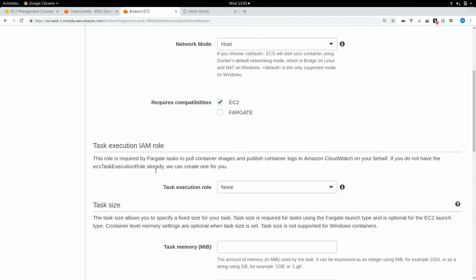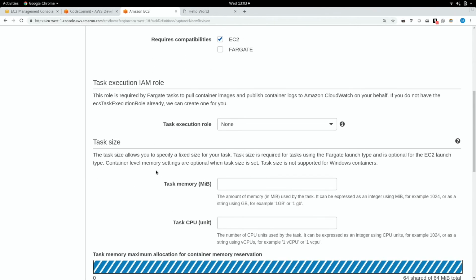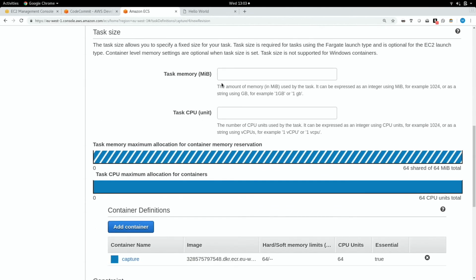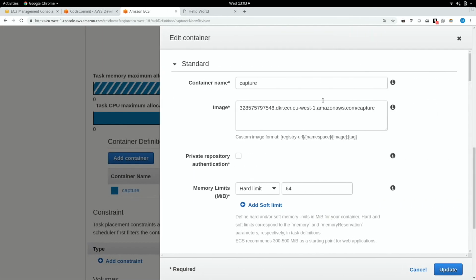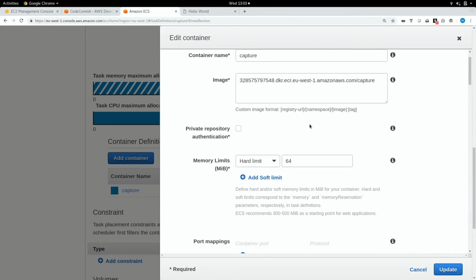There's a bunch of other parameters in here. I haven't gone into much detail about these at the moment, but we can restrict things around the memory and the CPU. Now, this is exciting because restricting the CPU and the memory makes it even better for your application people who are moaning at you about running stuff on their servers, because this takes care of it. That answers that question definitively: I'm only going to use this many cycles, and your application container is going to use this many cycles. There's no argument about it, which is great.